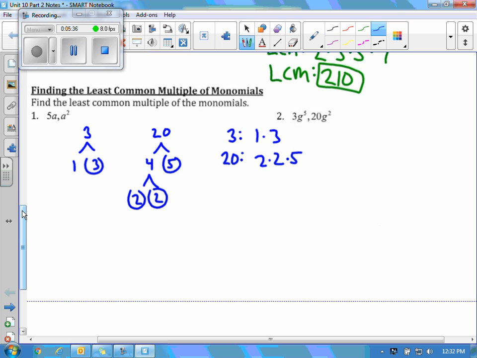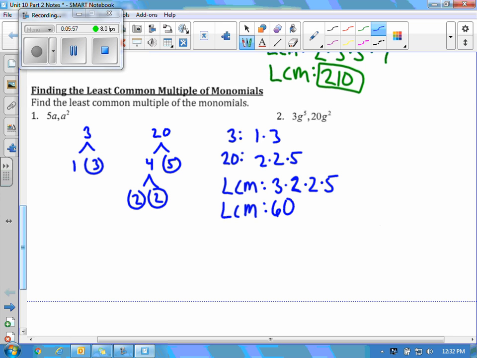So when I'm finding my least common multiple, that means I'm going to multiply all these factors together. I can ignore the 1, so I have 3 times 2 times 2 times 5. Again, 3 and 20 do not share any factors, so I'm going to write all those out. So when I multiply all those together, I'm going to get 60, and then I still need to worry about